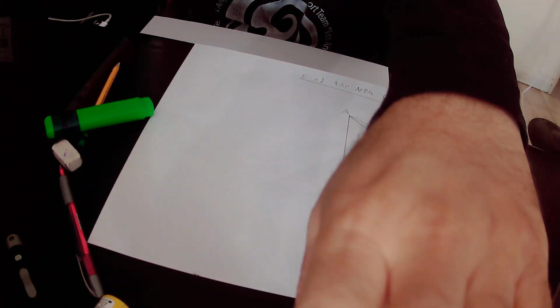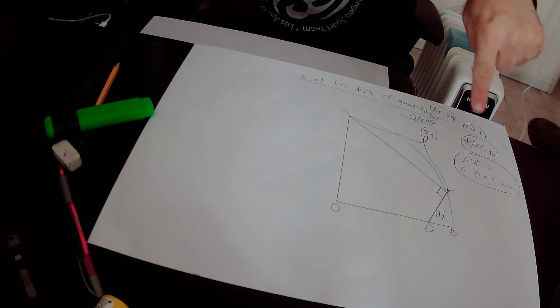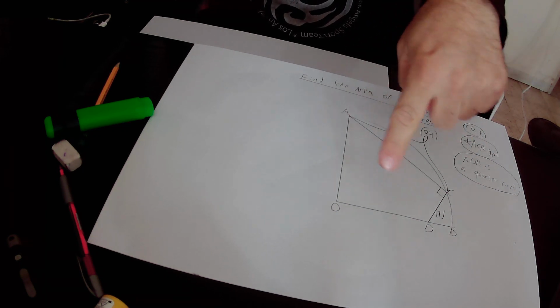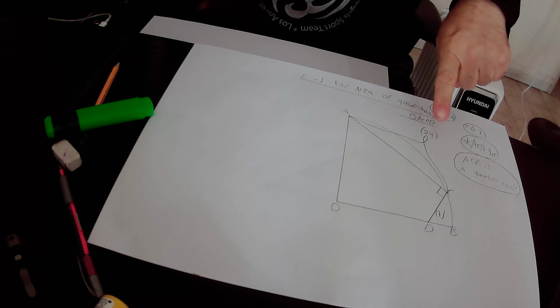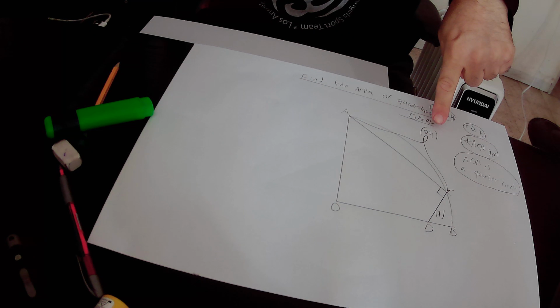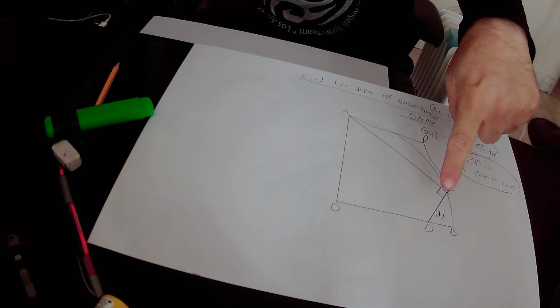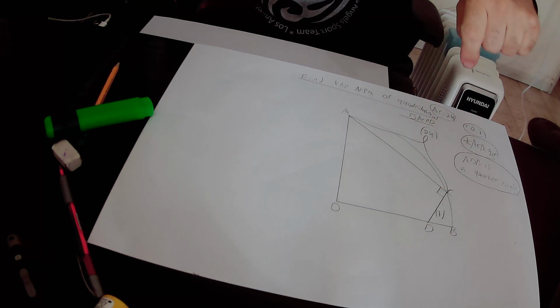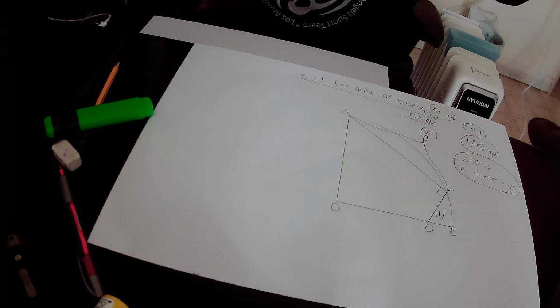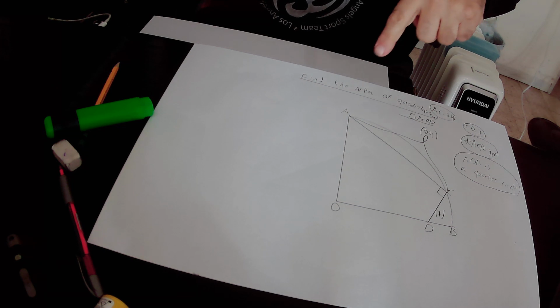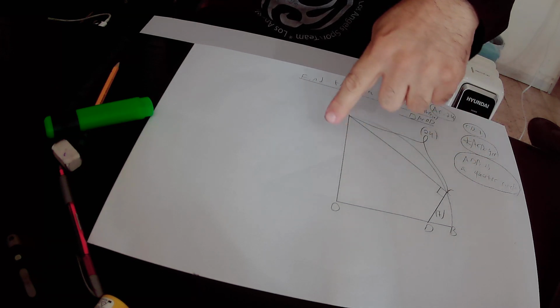Hello, in this lecture we'll find out the area of quadrilateral ACOD. In the drawing we have a quarter circle, AOB is a quarter circle. You know that side AC equals 24 units, side CD equals 7 units. This angle ACD equals 90 degrees. And our mission is to find out the area of this quadrilateral